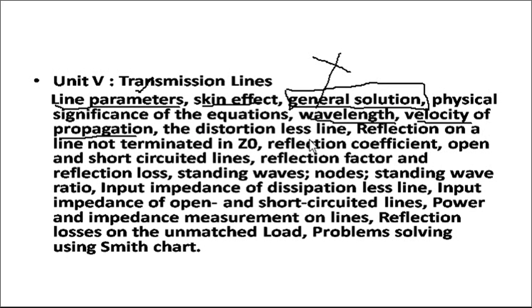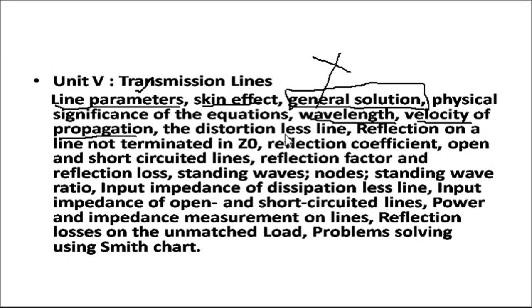Coming back to the distortionless line, there are two types of line which we study, distortionless line and lossless line. So there is a difference between distortion and lossless. In the distortionless line, we say that alpha is independent of frequency and beta is a linear function of frequency, then it is a distortionless line. And in the lossless line, we directly put alpha equal to 0. So alpha is not equal to 0 in distortionless line, but alpha is exactly equal to 0 in lossless line.